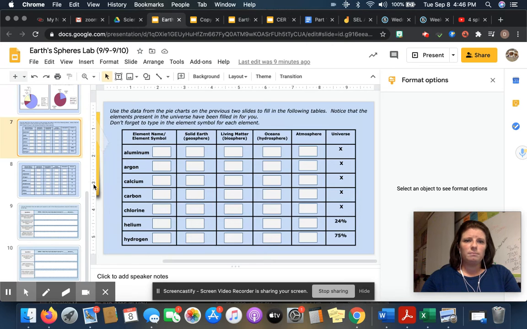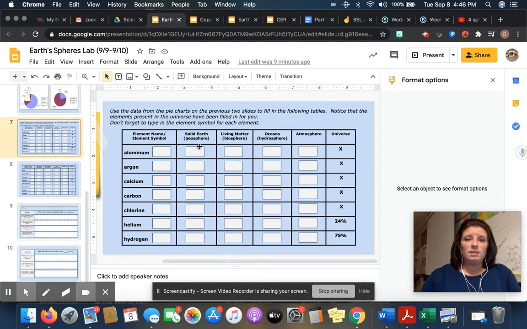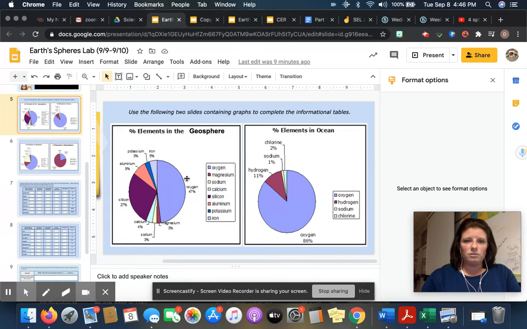Let's pull it up. Okay, for each pie chart, there's going to be a column. And because of the virtual learning platform that we are on, it's going to be broken up into 2 slides. So it's going to say geosphere. So you're going to look on your pie chart for geosphere, and you're going to identify all of the elements that are in there. So for example,